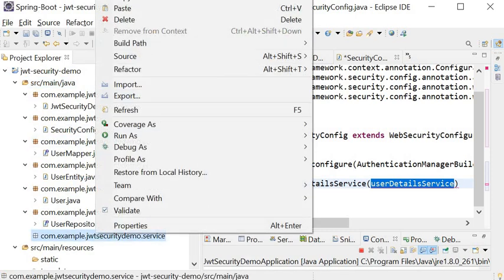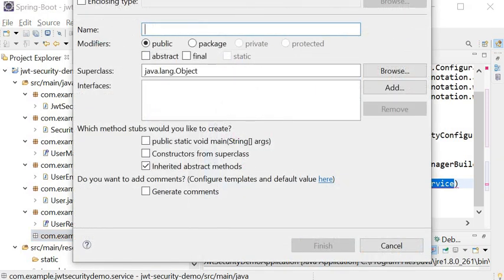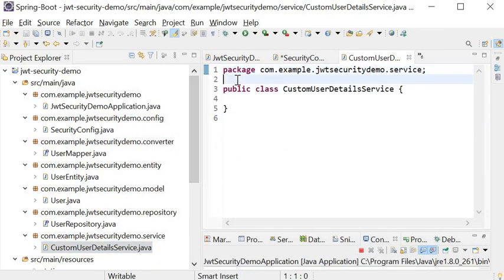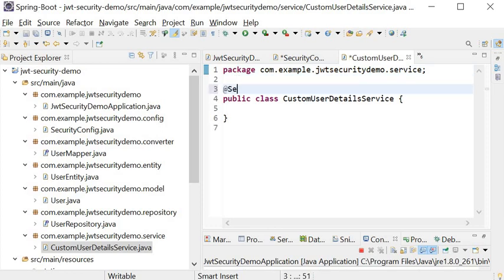New class, CustomUserDetailsService, and here I will use the annotation @Service, and this class will implement UserDetailsService.